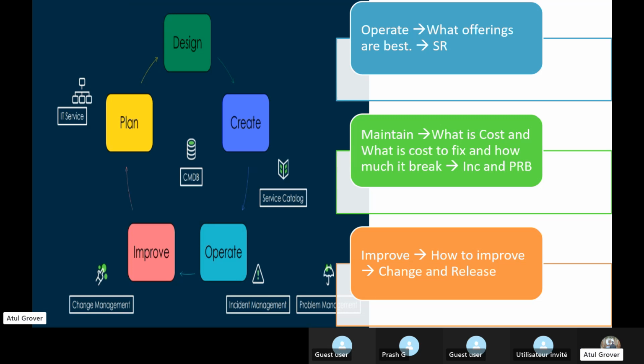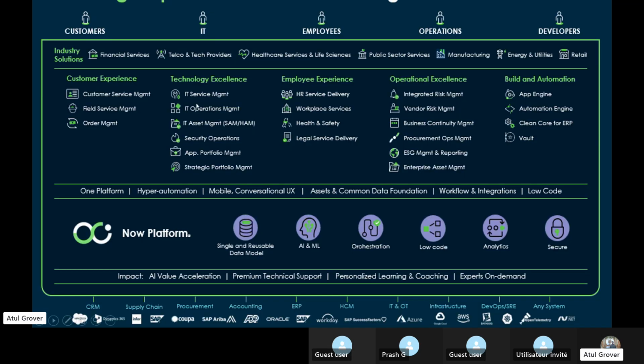Okay. Now let's come to our part, which we have to do. This is called ITSM, which stands for IT Service Management.